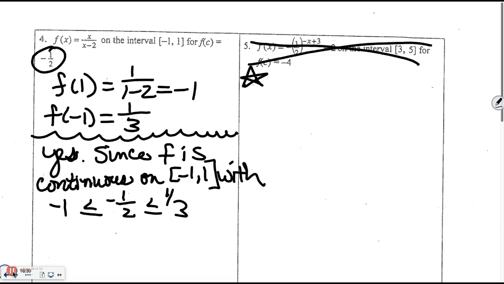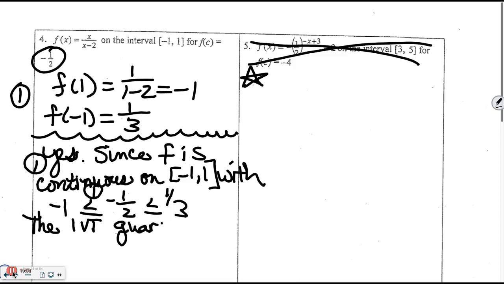So there is, by the way, you'd get 1 point for evaluating the ends, 1 for the continuity, 1 for stating that you're recognizing it's between the intervals. So this is how it gets graded. The next one is for stating the theorem, because how many did I say there's going to be? 3. So you're going to have to state which one this is. Today, it's all the IVT. And it will be because we don't learn the other two for about another month or 2 or 3. But by the end of the year, you're going to have 3 of them. And so you have to say the intermediate value theorem